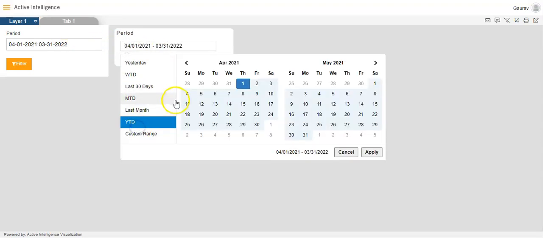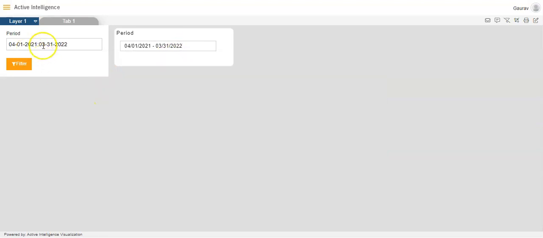And then the custom range. The custom range will give you the flexibility to select the custom date range as per your own choice and suitability. And you'll see the dates that we select here are the same being reflected here also in this filter widget, which means the link is formed between these two widgets. So this is how we can create a custom date range filter in the dashboard in AIB.